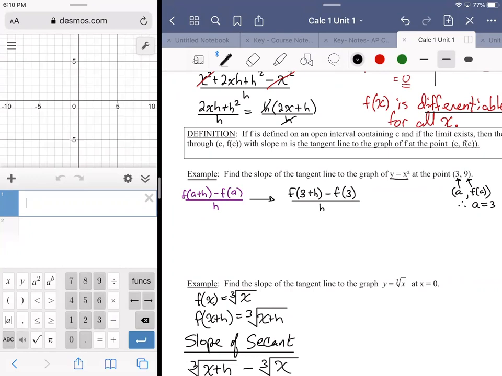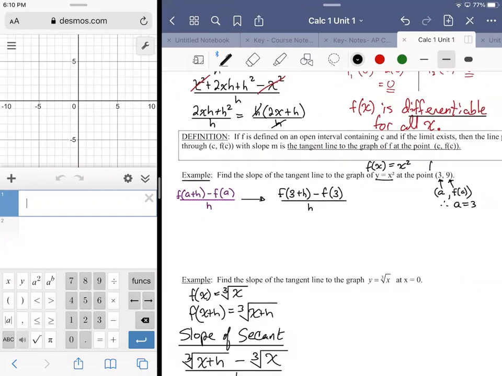So the original function y equals x squared, we could say that f of x is equal to x squared, in which case f of 3 plus h would be (3 plus h) squared. All we're doing is replacing the x with the 3 plus h. So this expansion would be (3 plus h) squared